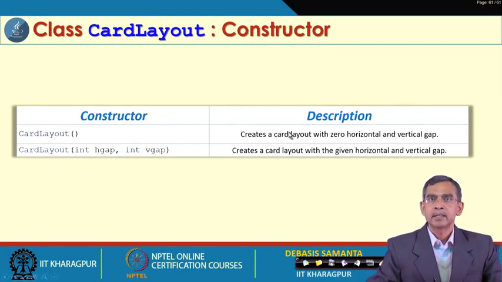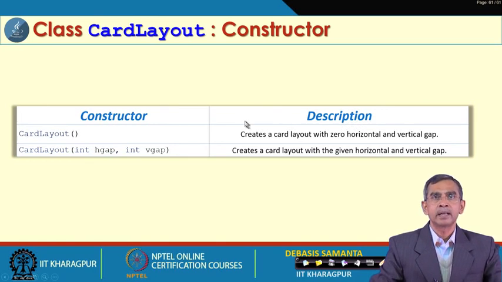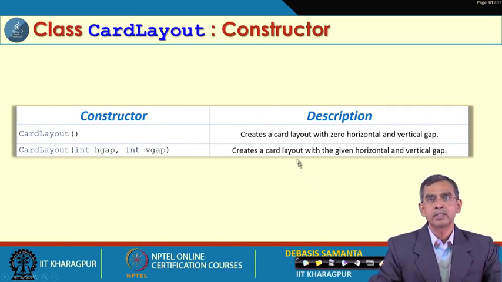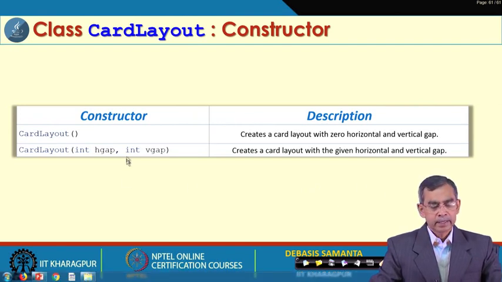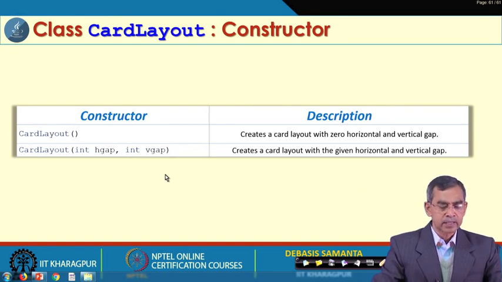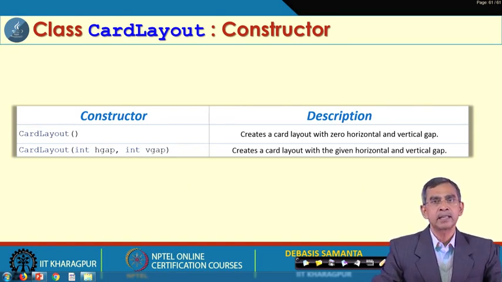Now, this layout is defined in the form of a class CardLayout, which is a subclass of the class Component, and this has two constructors, as we see. The default constructor, the example that we have seen is a result of the default constructor. Otherwise, we can mention the h gap and v gap between the cards also, so that the card will be reduced in its size. So, the size of the card can be maintained using h gap and then v gap.